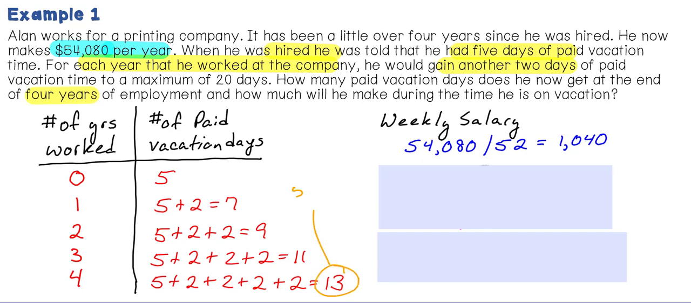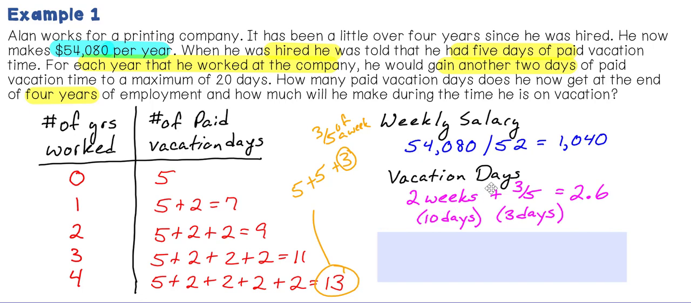Now the number of paid days that he ended up with was 13. So we know there's 5 days in a week, so 5 and 5 is 10, plus 3 additional days. And since our amount is done as a weekly salary, we need to turn this 3 into a fraction. It's 3/5 of a week. So we're looking at 2 weeks of 10 days plus 3/5 of a week, which is 3 days. Add them together, and the 3/5 we convert to a decimal, which is equal to 0.6, and we end up with